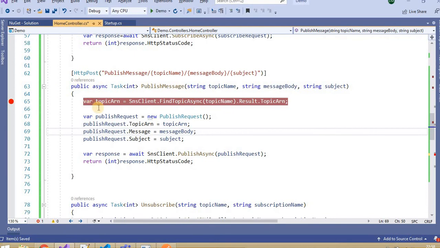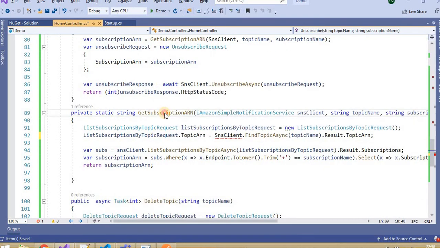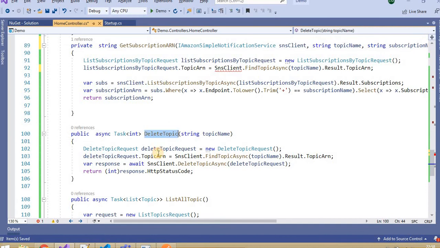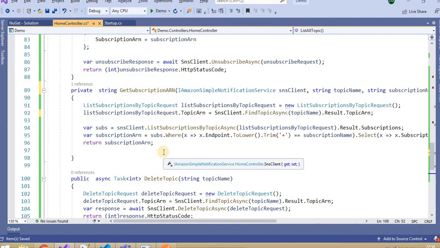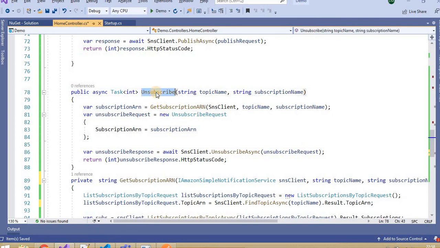Let's walk through the code for other methods provided in the SNS service, like unsubscribe, then we have get subscription ARN, and then delete topic and list all topics. Even more functions are available there. For the unsubscribe, we have the unsubscribe request.